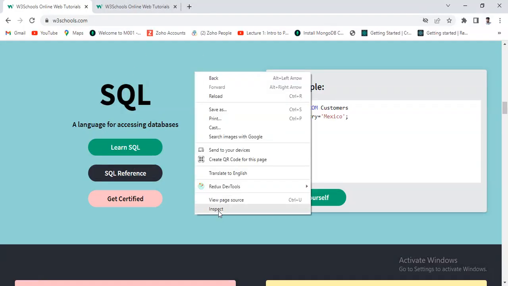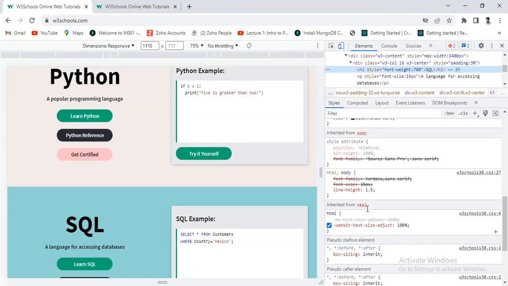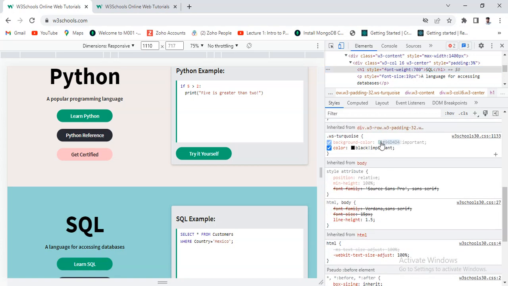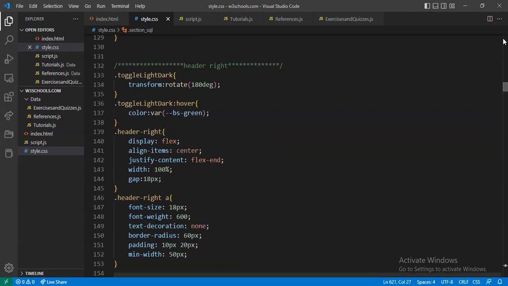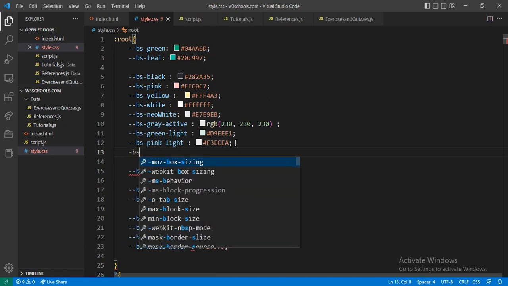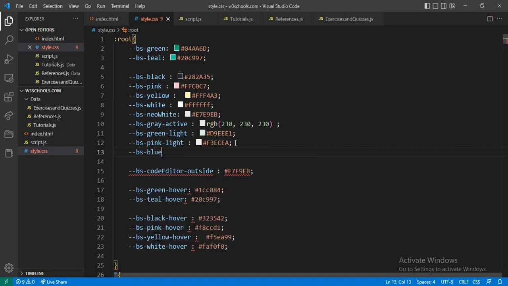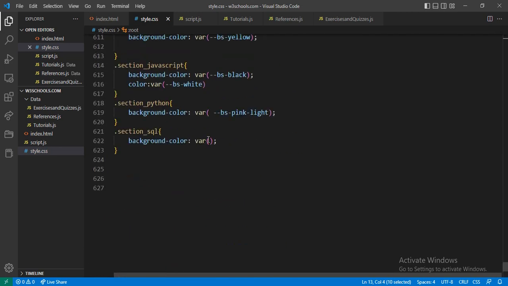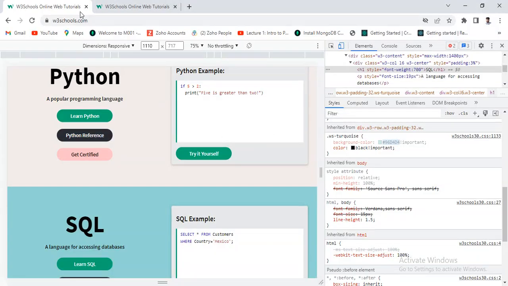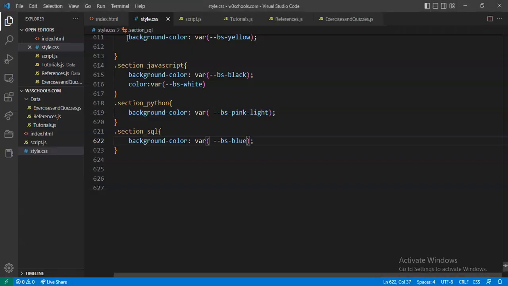For that, right click, go on the inspect, and let me just search what is the background color. Yeah, here just copy this and go on the top section. I want to add a variable. Here I add the bs blue and paste this color code and copy this variable name, go bottom, paste this inside this. Let me just see this color is coming or not, and close this tab. Okay, now this is coming, and here I want to change,